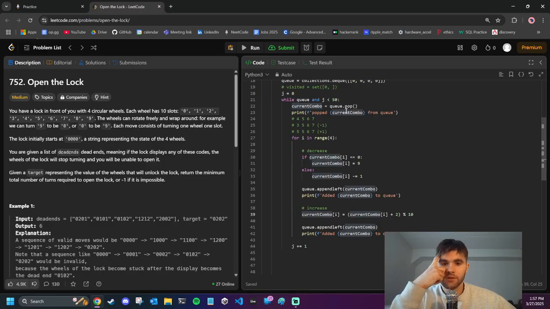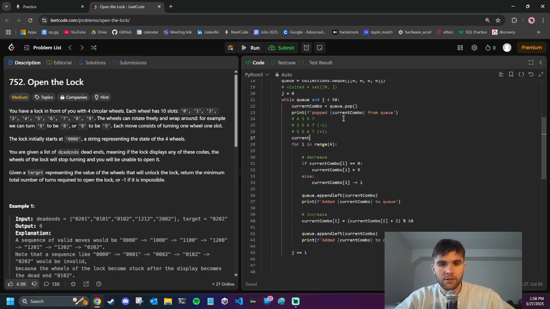So maybe I could just, because current combo ends with this, so we want to also remove that change. So it may be wise to make a copy so we don't have to undo changes, and we can just say